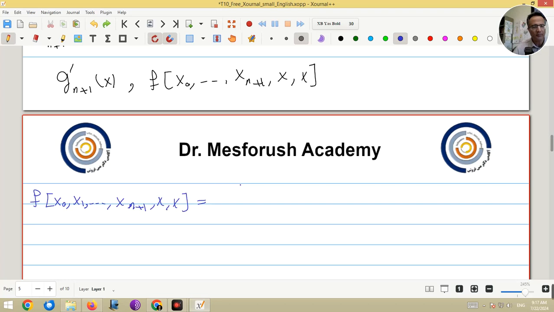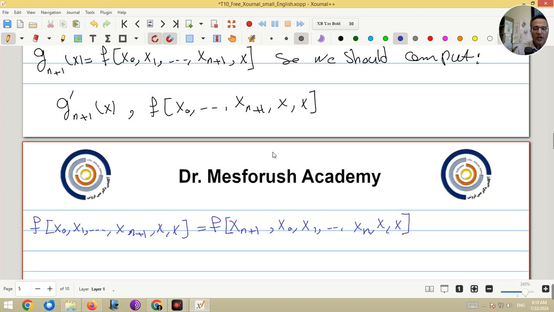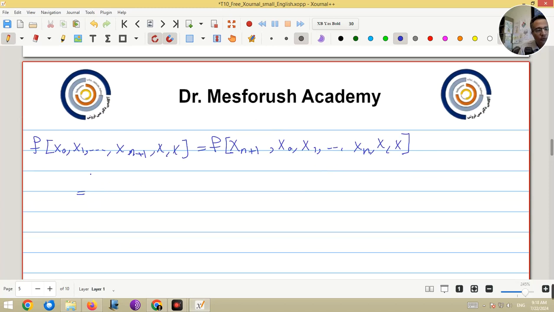First let me do something. Let me write it in this form. I move xn+1 from this place to the first place, so it will be f[xn+1, x0, x1, ..., xn, x, x]. It's correct, because in the divided difference I can move every element from its own place to any other place, and the result does not change. So this will be equal to f[x0, x1, ..., xn, x, x] minus f[xn+1,